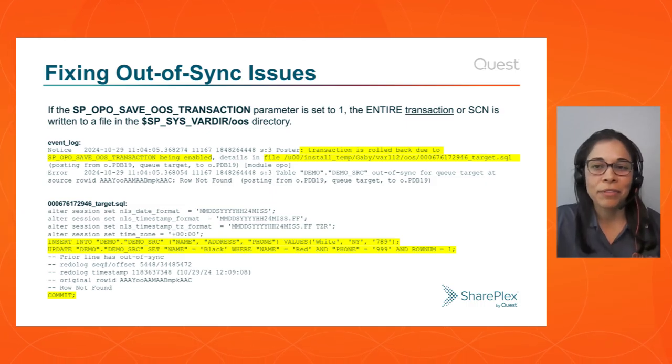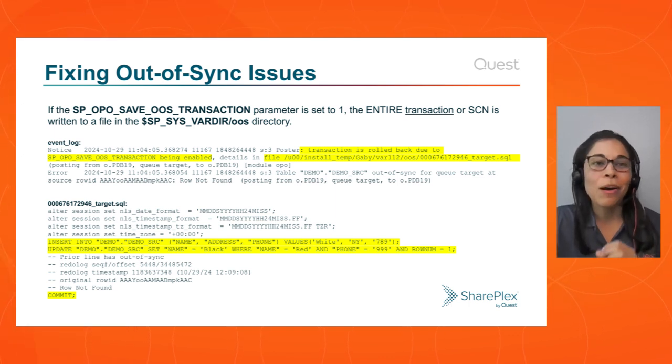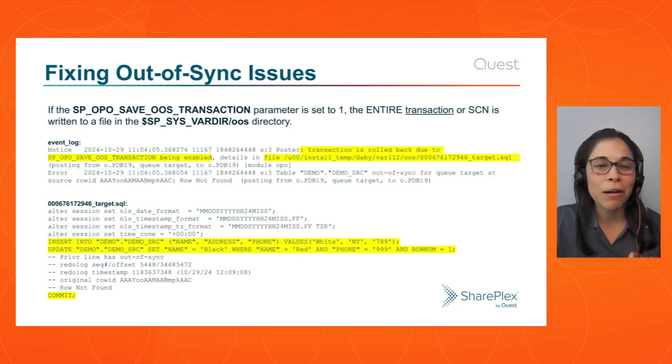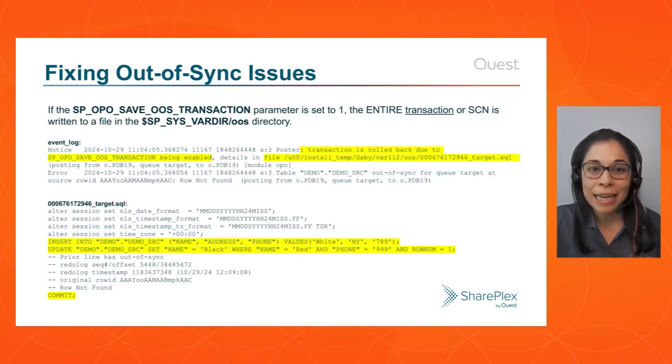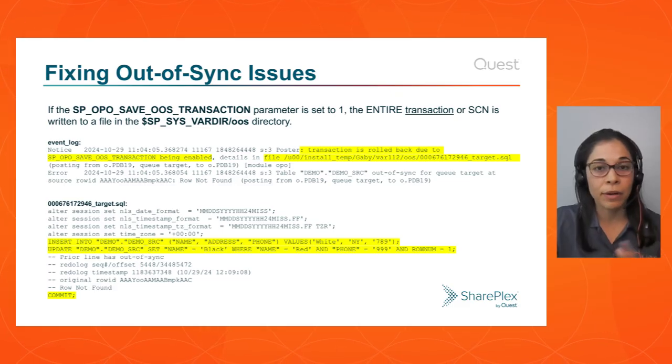There is another parameter that serves as a valuable tool for tracking and troubleshooting autosync events. This is SP_OPO_SAVE_OOS_TRANSACTION. This parameter applies specifically to Oracle targets only. When it's enabled, with value 1, post will ignore the entire transaction, roll it back and discard it. So if there is any autosync